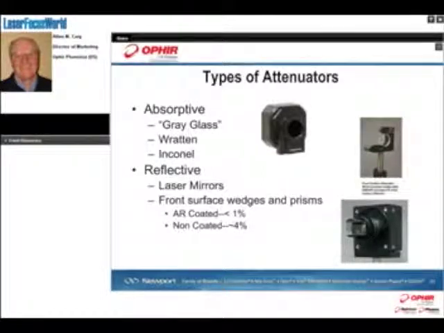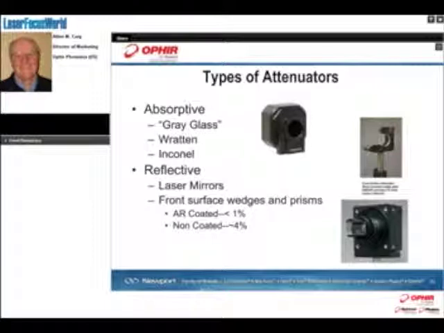We also have what we call reflective attenuators. Those can consist of laser mirrors, which are the mirrors that they put into a laser system, and think of them as a leaky mirror. In other words, they reflect about 99.5% of the beam, and about 0.5% of the beam will leak through. And so that kind of attenuator can be used to reduce the power about the same as a 3x